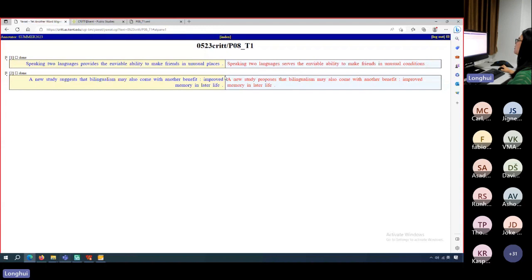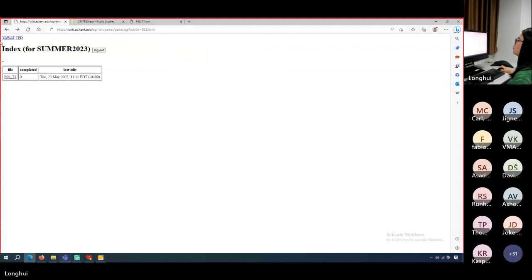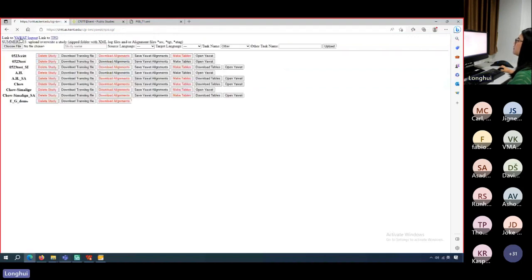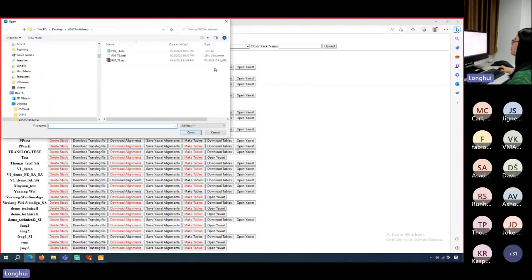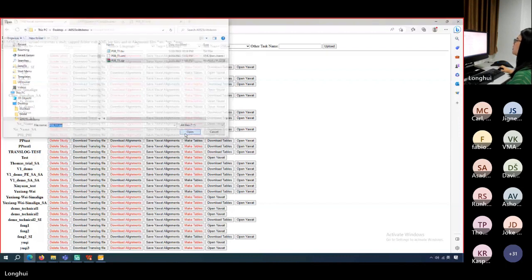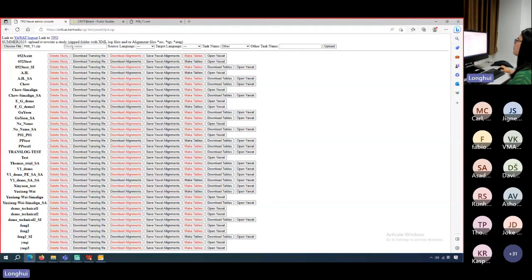And here we can do either manual alignment. For example, we can click one by one and confirm one by one. This is one way to do this. And another thing we can do is give it the same name with the same zip file. Just now we used